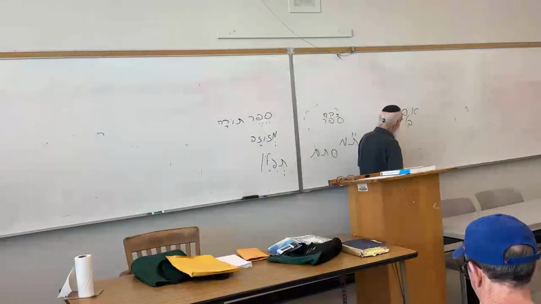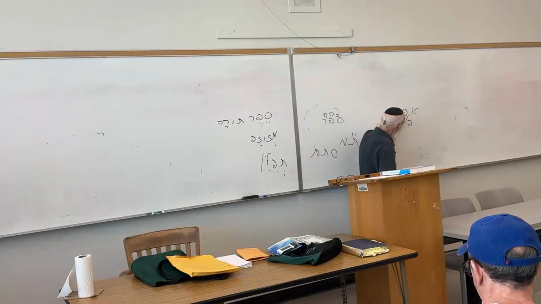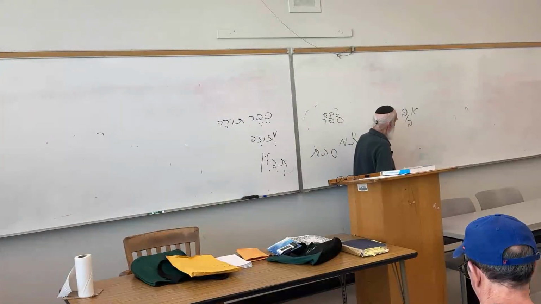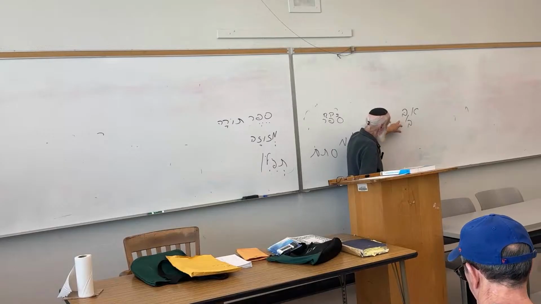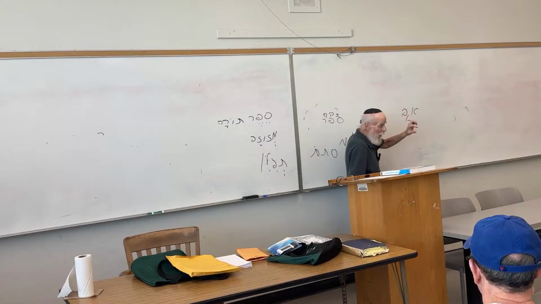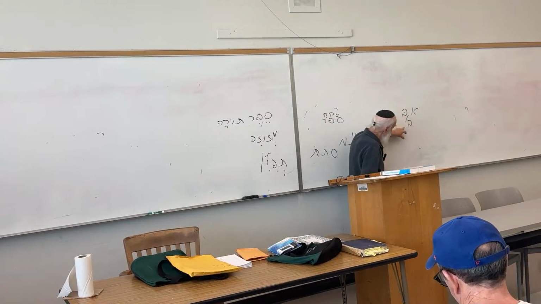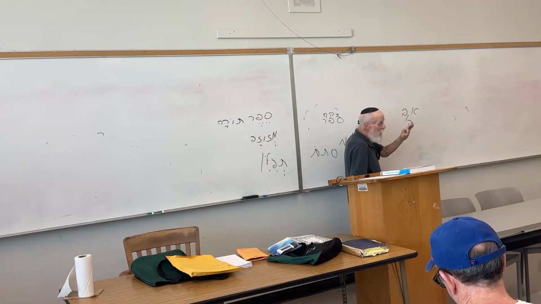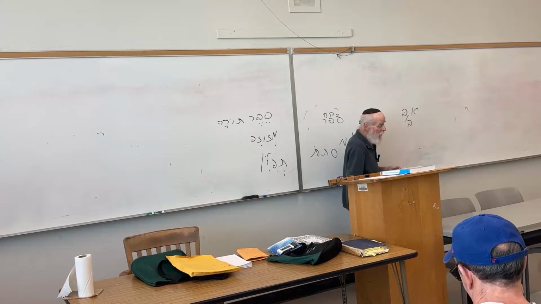The difference between the two: one has a dot in it, called a dagesh kal, a light dot, and one is lacking that dot. If this particular form has the dot, it's a B sound. A B sound is bilabial. If it lacks the dot, it's a V sound. The V sound is labiodental.